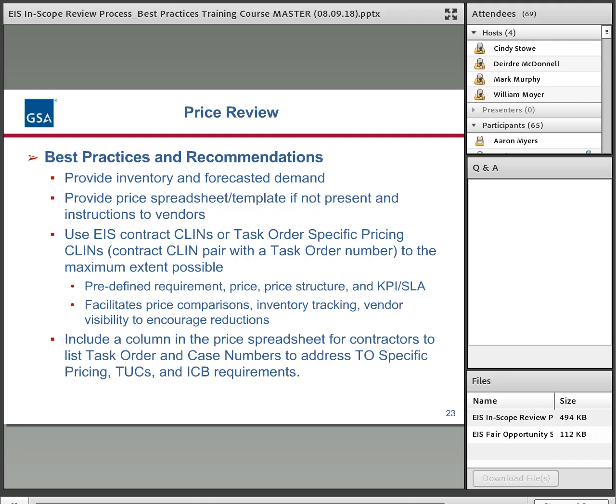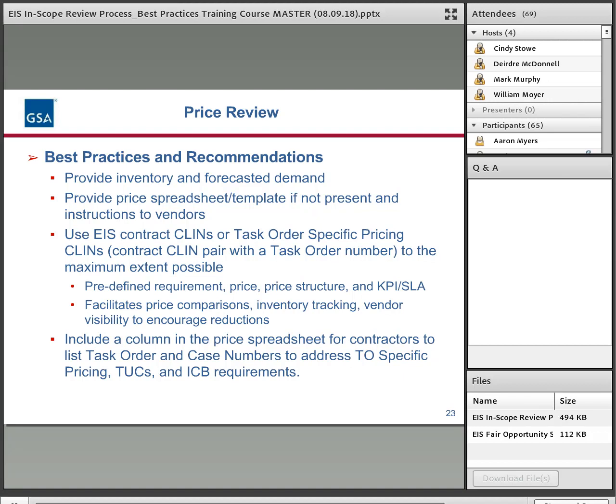So we highly recommend that you provide your inventory and your forecasts. You can do this in your price template or with attachments. It's very helpful for the agencies to know what you have and where you're going, where you want to go if you determine that in terms of forecasts.